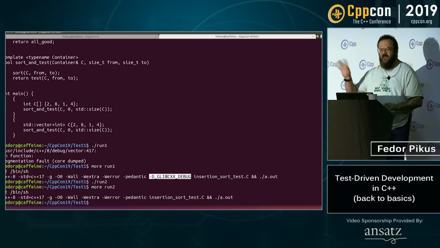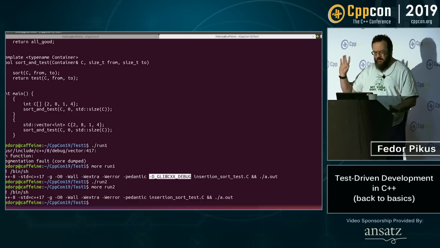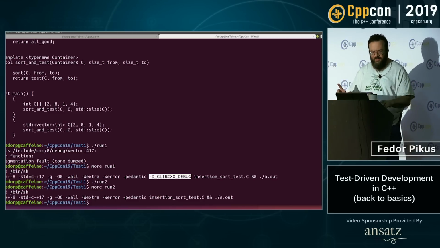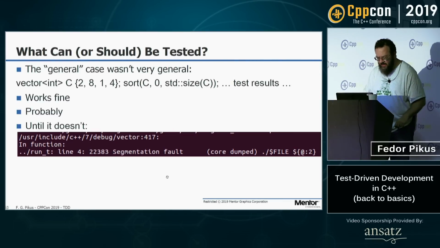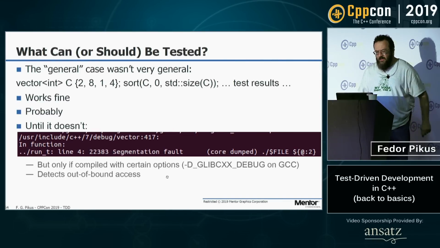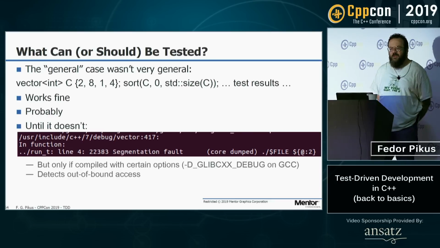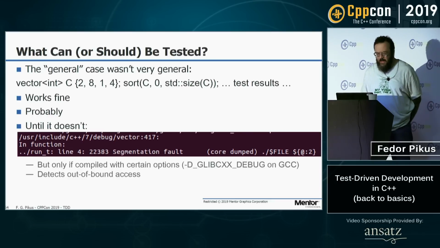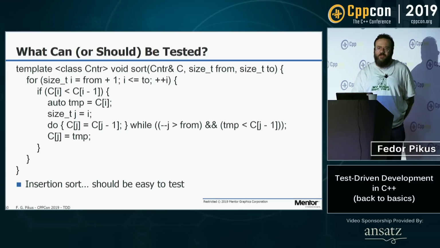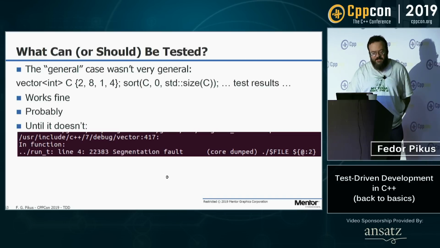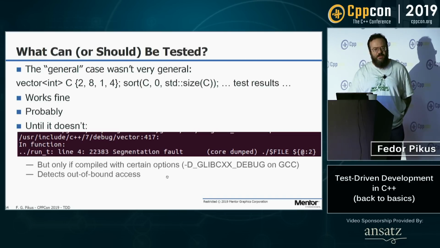Okay, this compiler flag causes problems. Never use that. Yeah, use that. What it really does is it's a debug option for STL. So yeah, always use that. What happens here is the insertion sort has an out-of-bound access, which you don't normally detect on an array unless you get lucky and it will crash. You don't detect it on the normal STL, again, unless you get lucky and it crashes, but debug STL detects it every time.